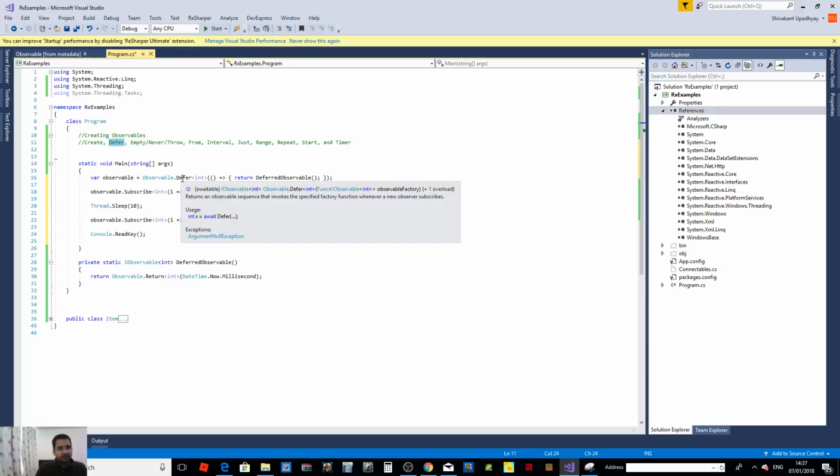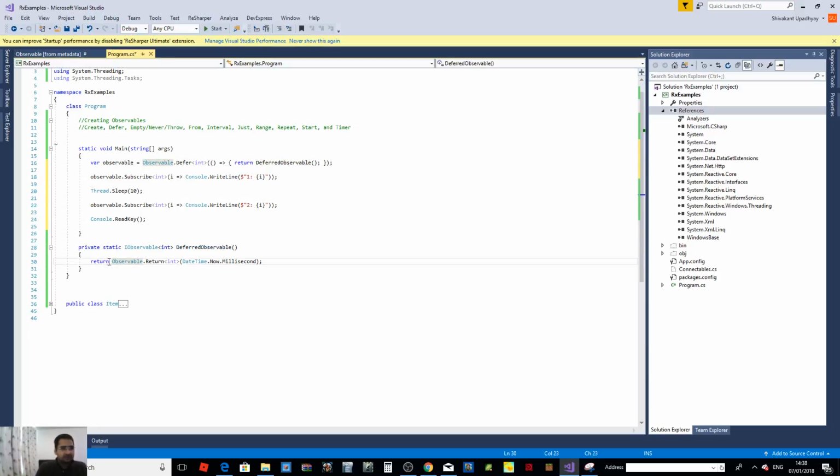So differ, if you hover your mouse over this, it says it returns an observable sequence that invokes the specified factory function whenever a new observer subscribes. So that is an important bit, whenever a new observer subscribes, right? So I have implemented this method here, observable.differ, and now that's the deferred observable. What it does, it just returns another observable, right? But the thing is, this will get invoked whenever a new method